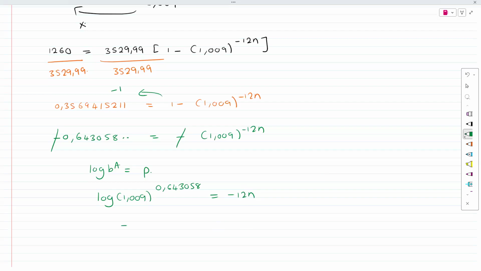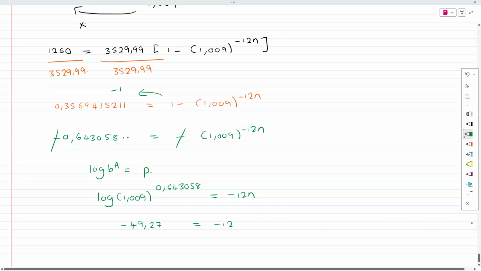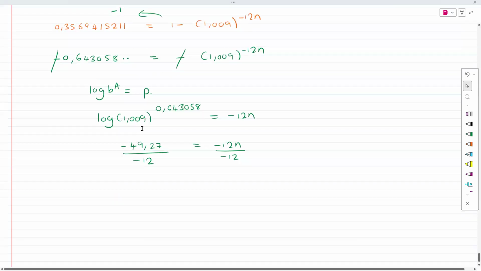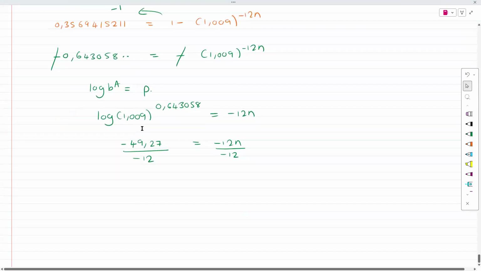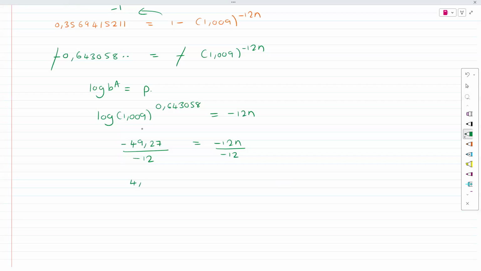Okay, and then I end up with minus 49 point some change. I'm leaving everything in the calculator. Divide by minus 12, divide by minus 12, and divide by minus 12, and I end up with 4.1065 years. Now, guys, use two decimal places, but also if you wanted to change this into months, you would